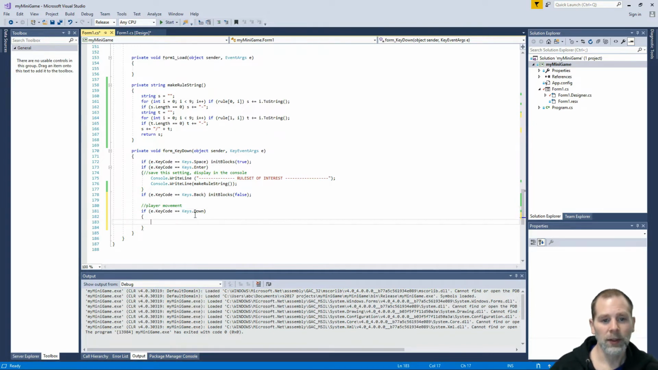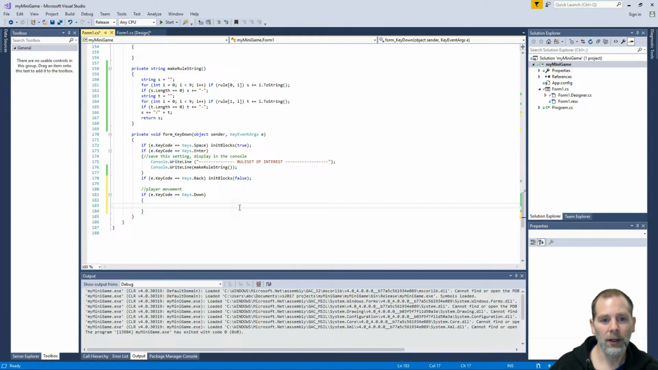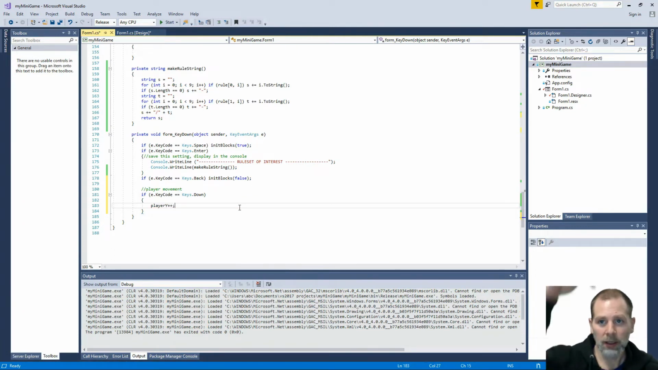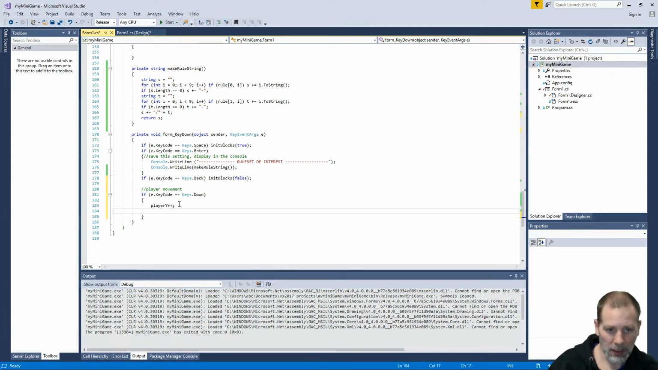And what we're going to do is we're going to move the player. We're going to go player y plus plus, so it's going to add 1 to the player y's position, and we're going down. The y-axis is going to go down this way, and the x-axis is going to go that way. So yeah, we're going to go y down, and then we're going to check and see